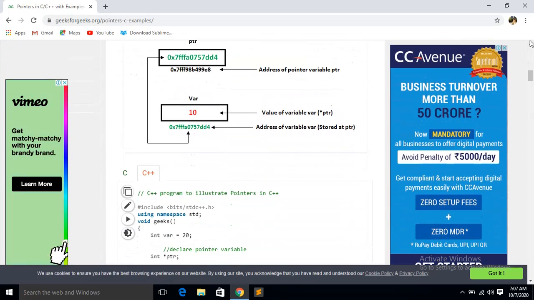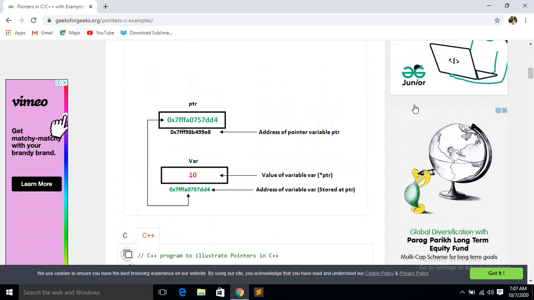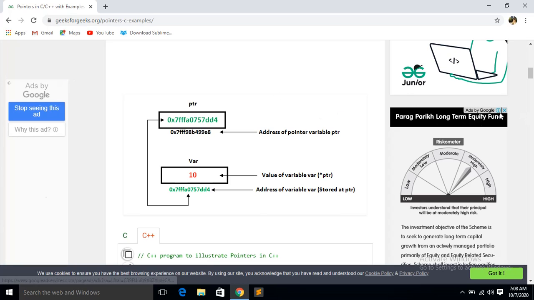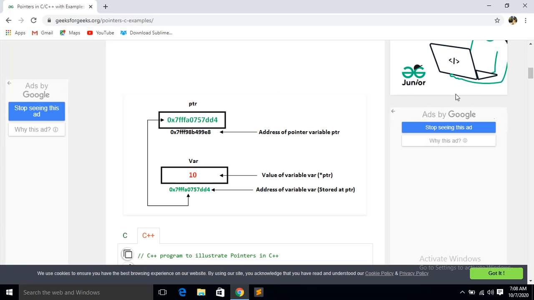So let us see the example here. Now here you can see one diagram. Just follow this diagram. Here you can see var, 10. So var is a variable name.